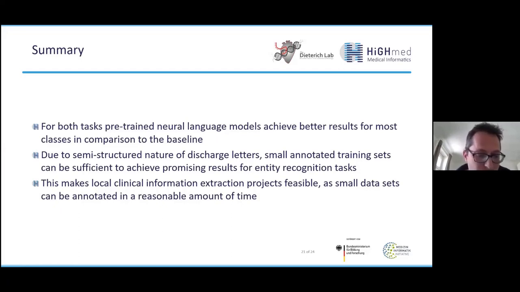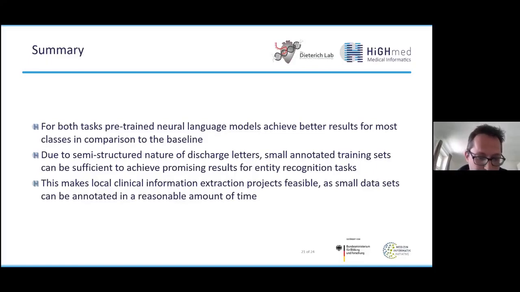So of course, we can say that these classifiers, which are now trained on our local data set, most probably won't perform that well on other clinical data sets, if we look at clinics in other cities or even in other departments. But here, you've already heard a very exciting talk about federated learning. So here we can get in touch with the possibility to train local models and then, if it is possible, to distribute these models via federated learning.